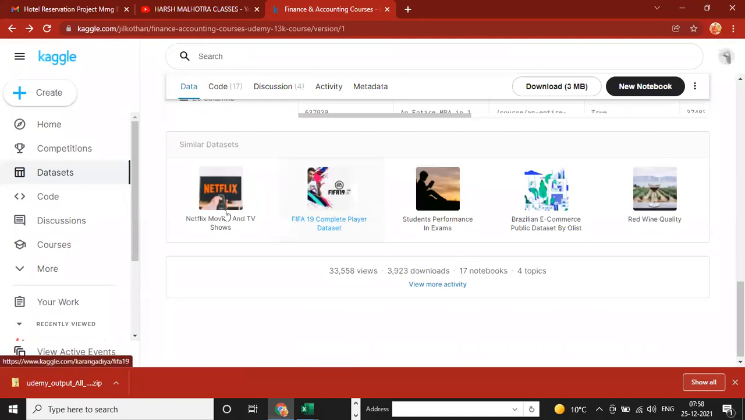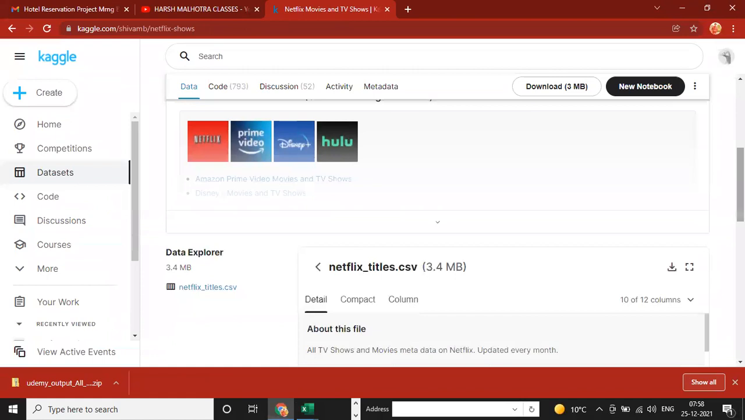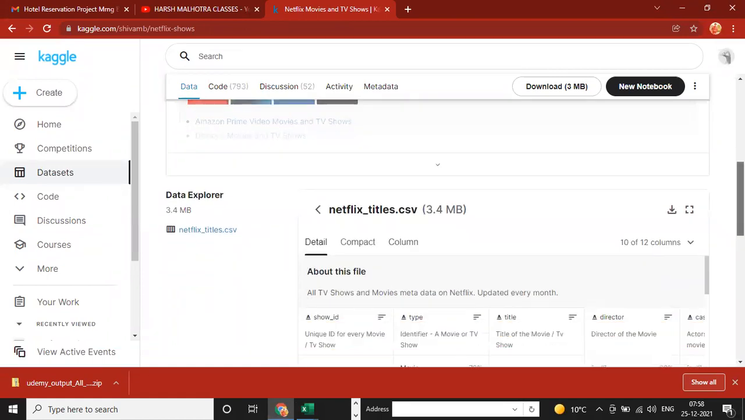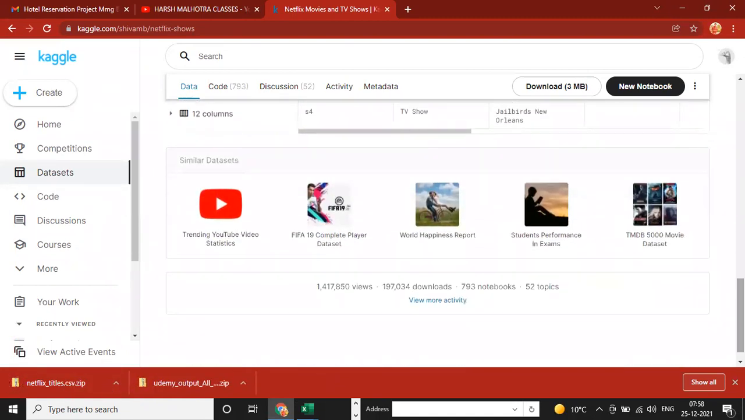Like Netflix movie and TV shows. You can also download this data on the site. And this is very interesting. If you work on it, this is very interesting. Netflix movie and show, okay,